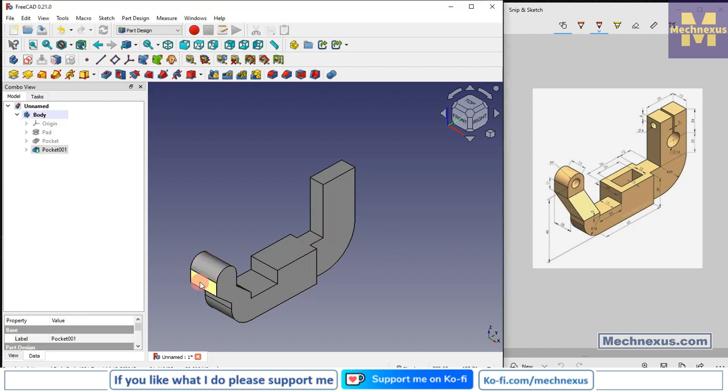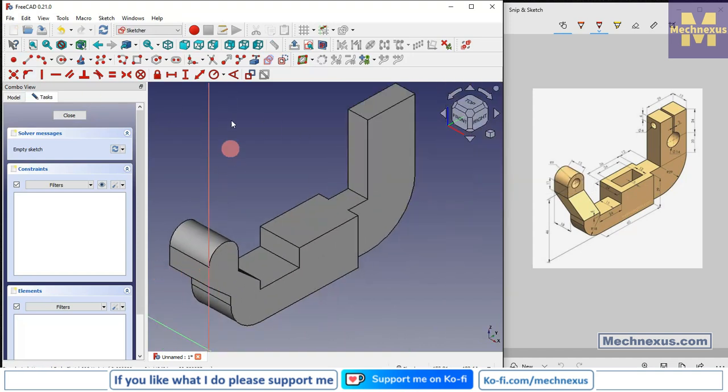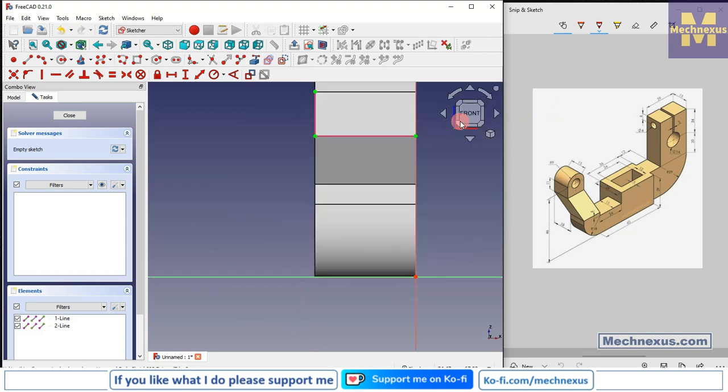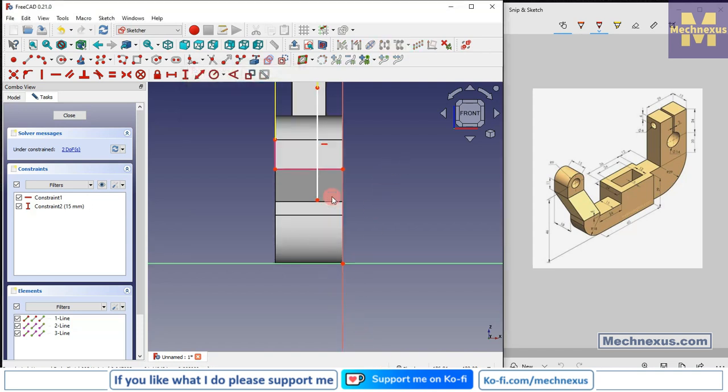So for this we will select this face and click on the sketch, switch to the isometric, click on project geometry, select this, and we will switch to the front view, and here we will select a line and select this point and this point, and select this point and this point, and add the dimension of 15 mm, and here select this and this, and add the coincidence,